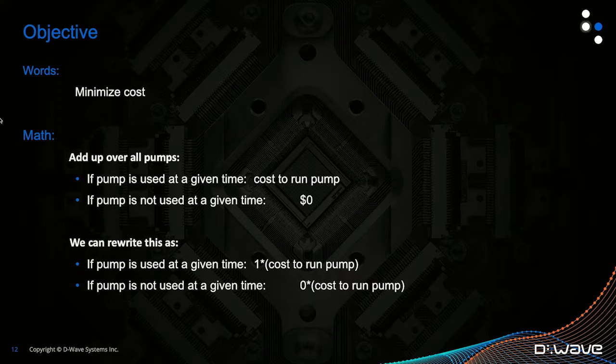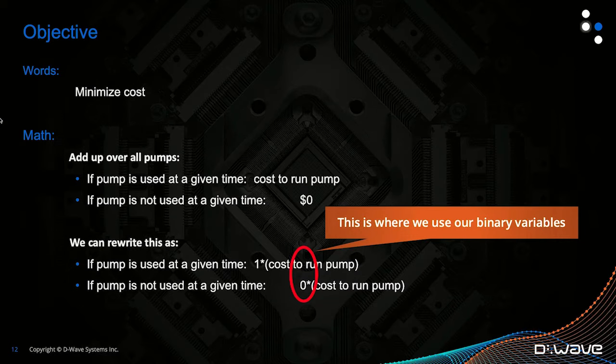Now, if we do this, then when we multiply a binary variable of 1, saying that we're going to use that pump, times the cost, that gives us a value of cost to run the pump. If we're not using the pump, that has a binary variable of 0, and so that's going to zero out the cost that's the coefficient on there. So if we use these indicator binary variables, that's how we can really tell what this overall cost is going to be. And so here, sorry about the misalignment there, this is where our binary variables play a role: this 1 indicating that a pump is going to be used and a 0 indicating that our pump is not going to be used.